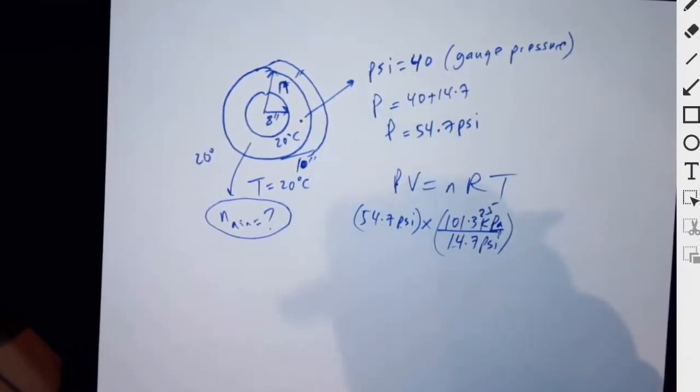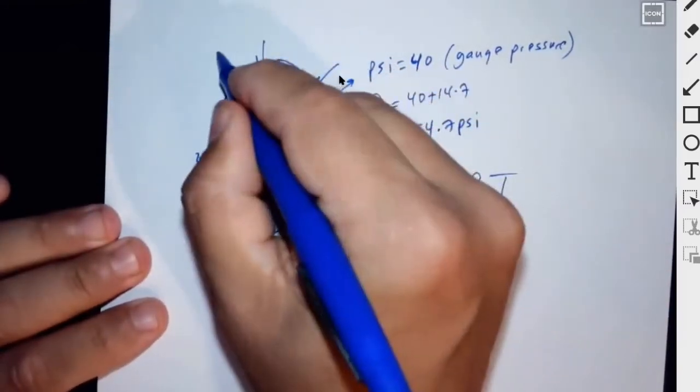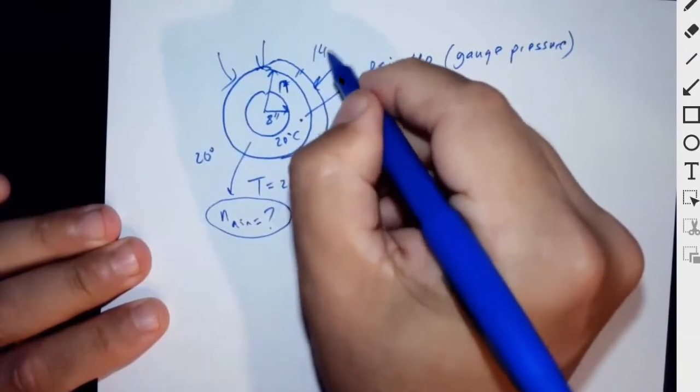Why did you add 14.7 and 40? Excuse me? Why did I add? Because this was the gauge pressure. When you say your tire's pressure is 40, it's not the absolute pressure. So we add 14.7. You're 40 larger than, yeah, because what's happening is from the outside, the air pressure 14.7